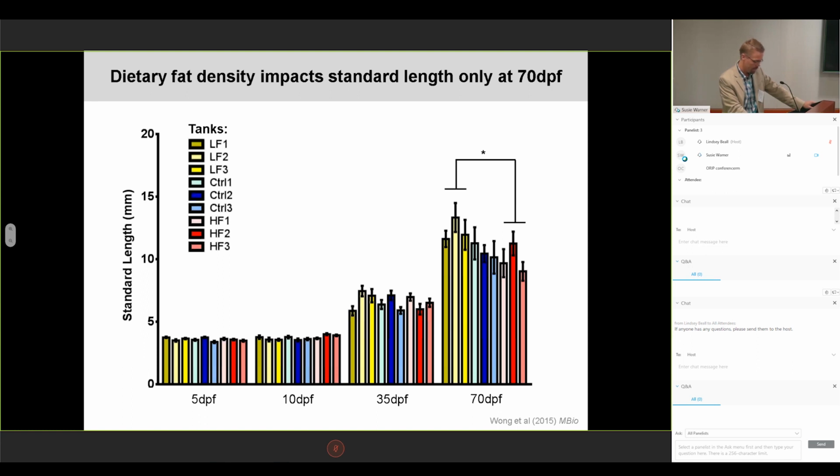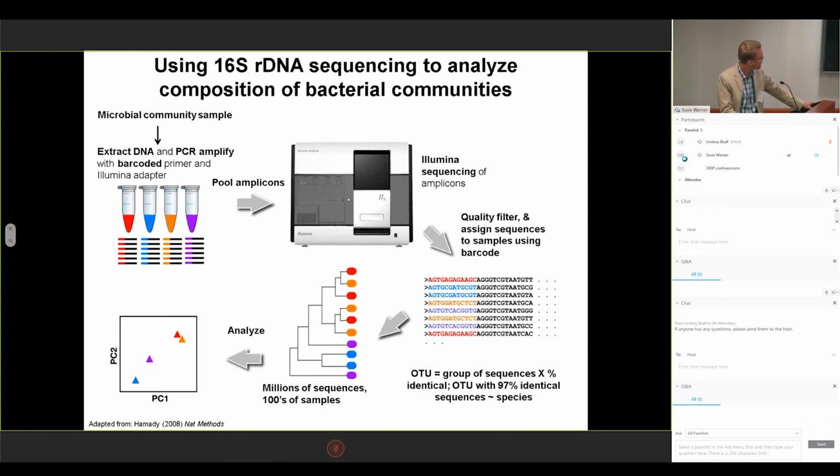So in these animals, we looked at their gut microbiomes, and this is how one does that. Generally, you can take a microbial community from any source, extract genomic DNA from that community, and then using PCR primers that recognize a specific part of the bacterial genome, the 16S rRNA gene, you're able to amplify across genetically variable regions of the 16S gene, and then take those sequences, align them based on similarity, and define what are called operational taxonomic units, or OTUs, which for our purposes you can think of as being bacterial species or genus.